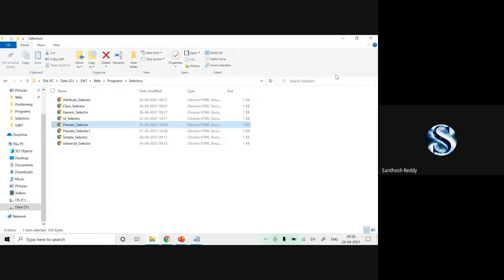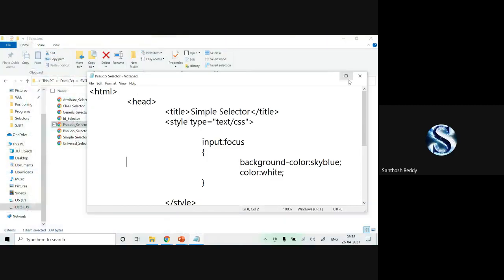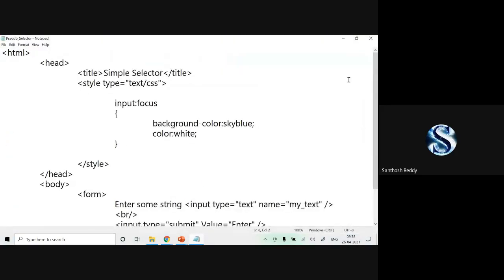We use a pseudo selector where we can give some special effects for your selectors.